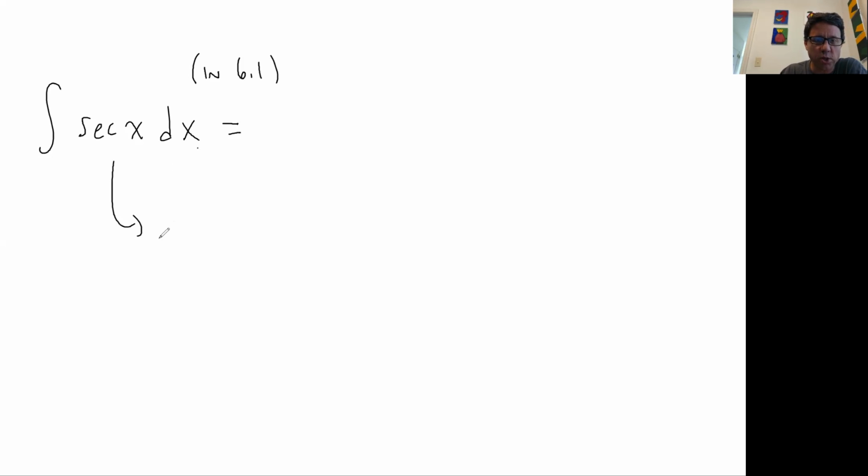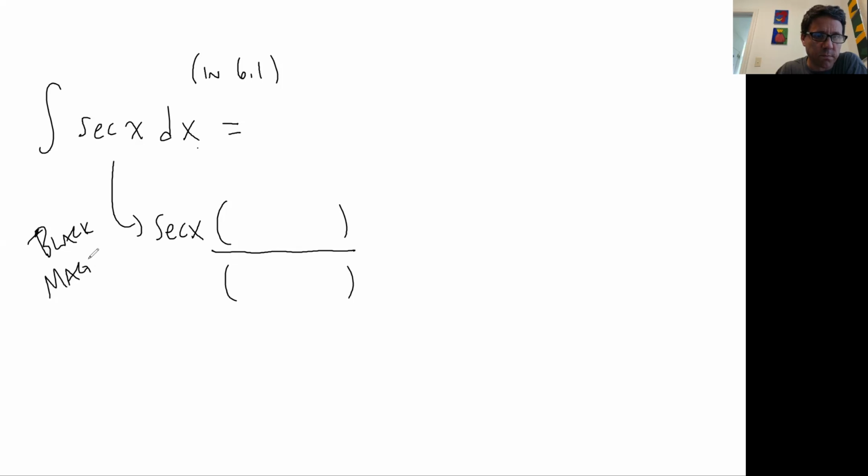So what you can do is take any function you want and multiply the top and the bottom by exactly the same thing. And that will not change anything. If you multiply the top and the bottom by the same thing, you're multiplying by 1. So it's like multiplying and then canceling it right back out. And sometimes in math classes we do this in order to introduce some stuff that we're actually going to need. This is definitely like black magic. But anyway, if we multiply the top and the bottom by secant plus tangent,